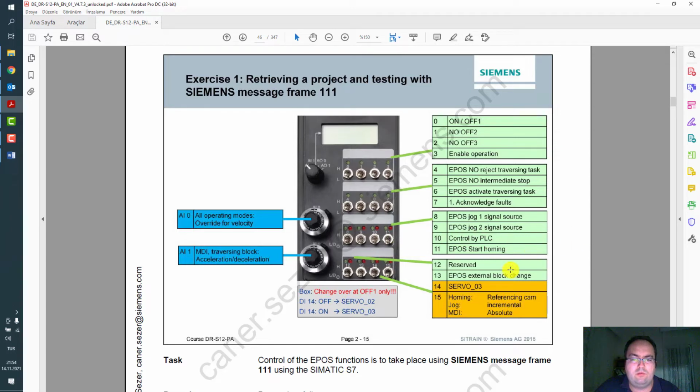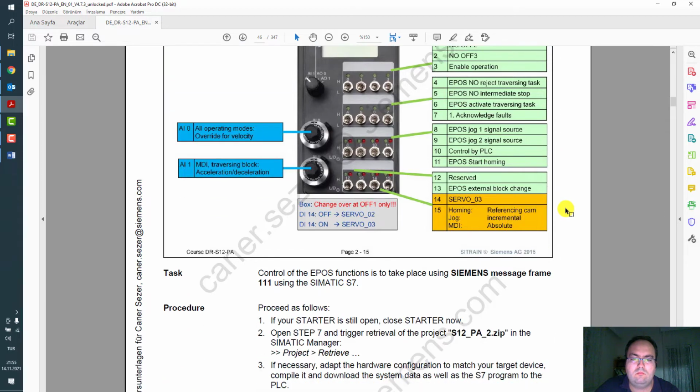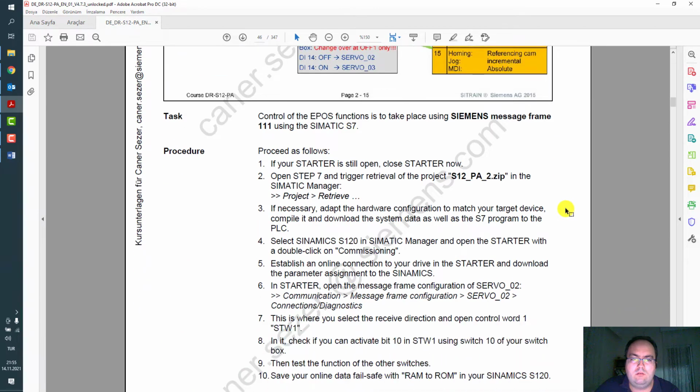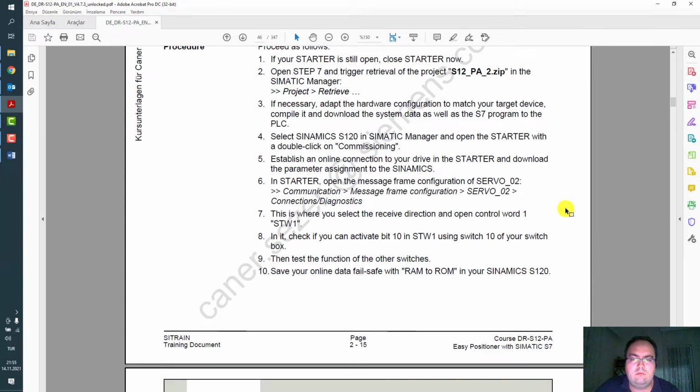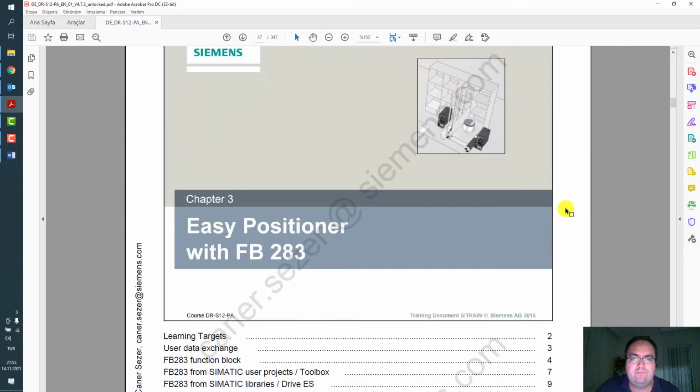This is important to understand the behavior of the drive. That's why in the example these bits are assigned to these on-off switches. So you can follow these steps for this example.